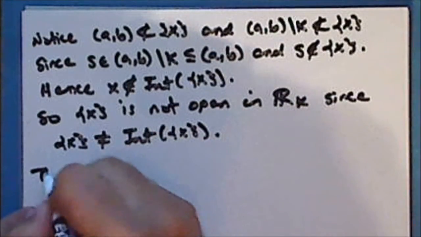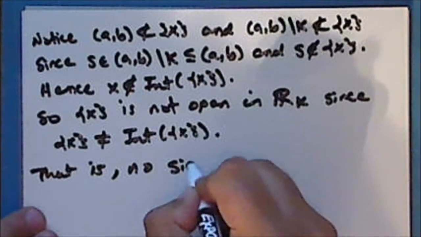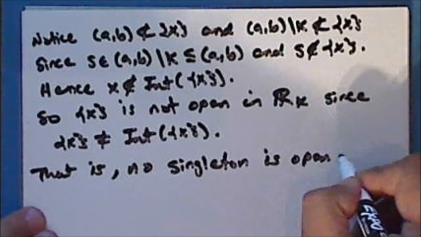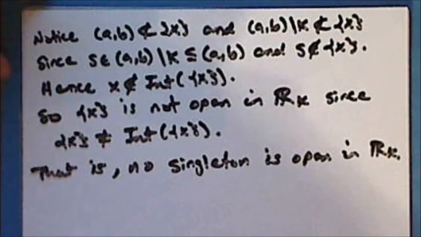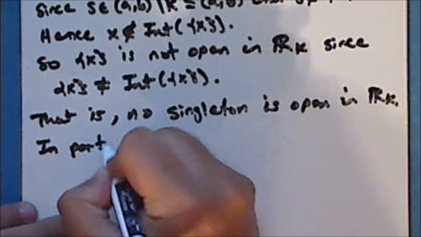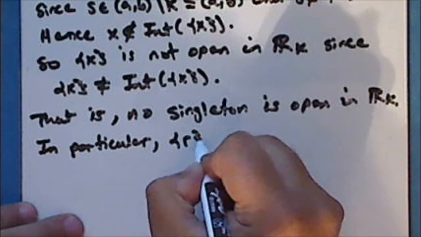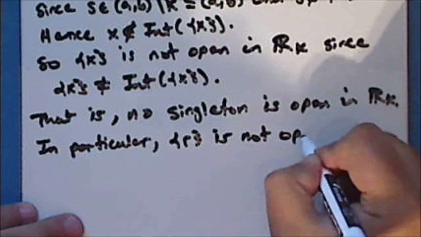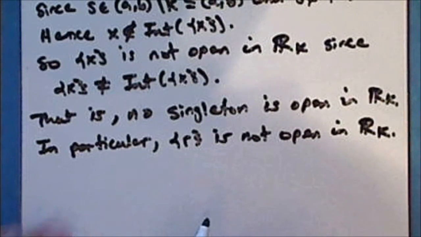That is, no singleton is open in the space of reals with the K topology, and in particular, the singleton containing the irrational number R is not open in the space of reals with the K topology,